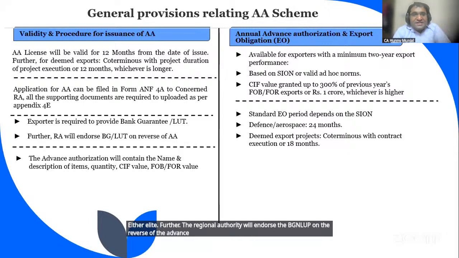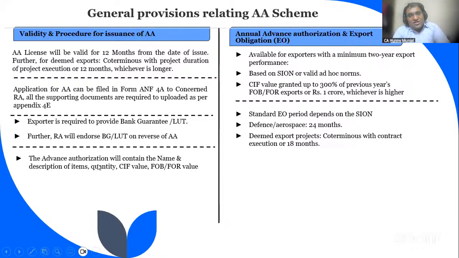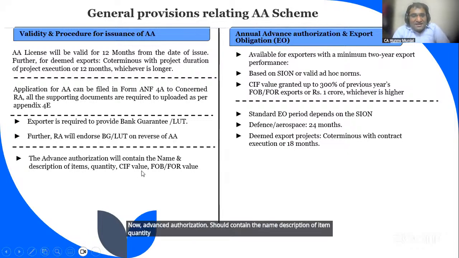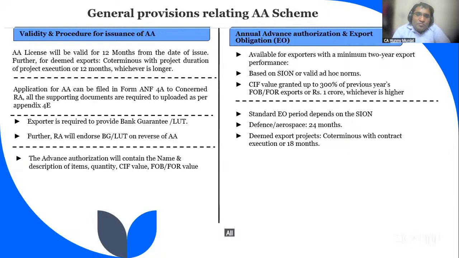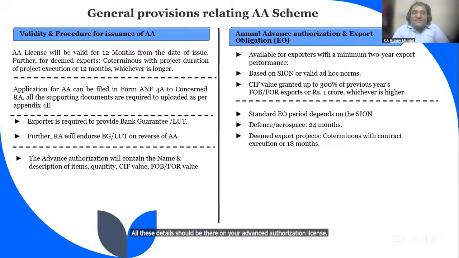On that only they will provide the details of the bank guarantee. Now, advance authorization should contain the name, description of item, quantity, CIF value, FOB value. All these details should be there on your advance authorization license, so that if any customs officer or any officer